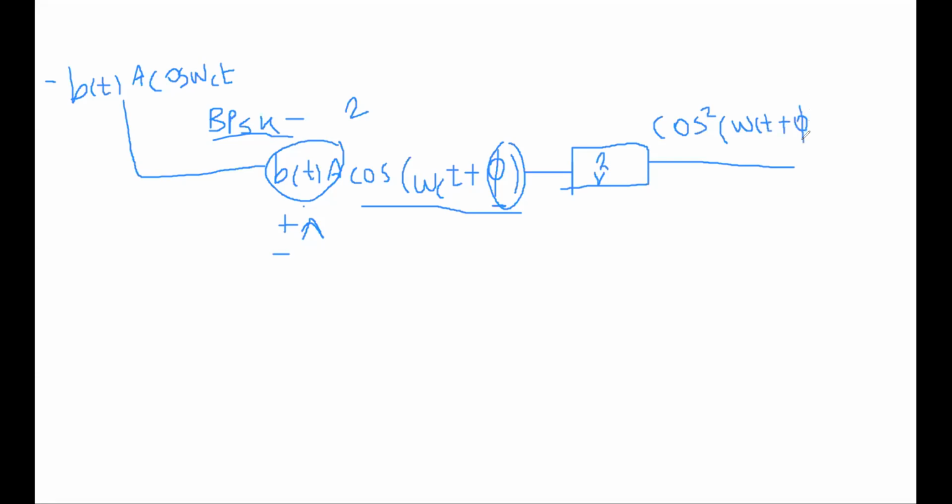So this will be the output of your squaring circuit. After this squaring circuit, the signal is given to your band pass filter. The band pass filter has a center frequency of twice fc, so its band pass is equal to twice fc. It will only pass the signal components that have a frequency centered around fc, that is the carrier frequency.